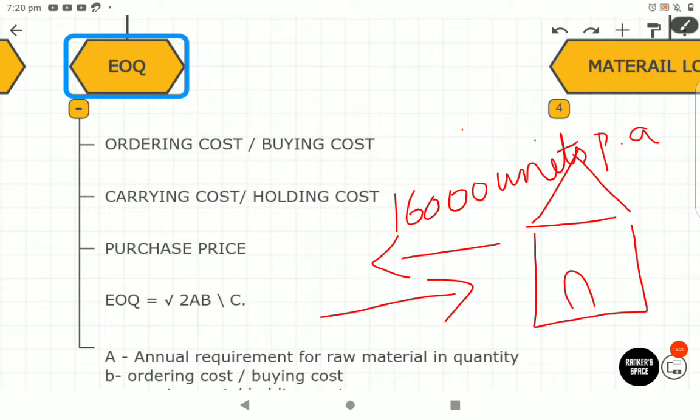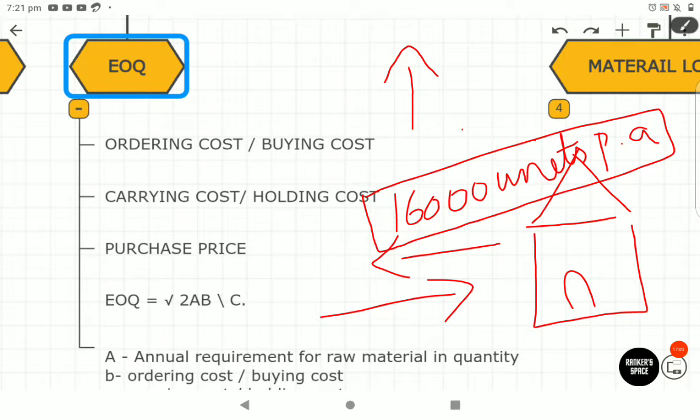Say, for example, you're buying 10,000 apples and keeping them in the fridge for a whole year. Is it even possible? It is prone to deterioration, right? So in order to maintain this material, the carrying cost that the factory should incur will be very, very high, isn't it? And the buying cost will be comparatively low, maybe because you're buying in a big lot. You're buying 16,000 units, so your supplier says, I'll give you a 5% or 10% discount. So your buying cost, your ordering cost as such, will be low, right?